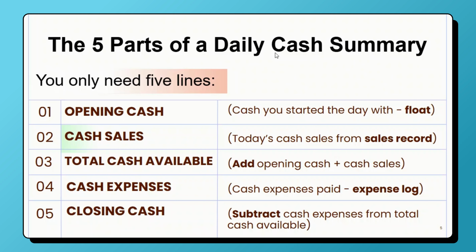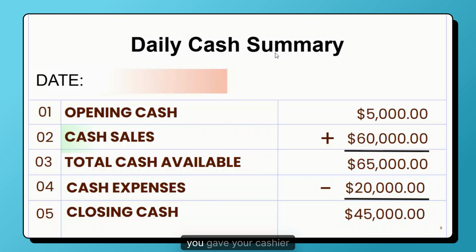So let us look at an example. Today, you gave your cashier or your employee $5,000 in notes and coins to start the day. So your opening cash for that employee is $5,000. During the day, the amount of cash sales that was made was $60,000. How much cash do you now have available? The 5,000 opening cash plus the $60,000 cash sales, the total cash that should be available is